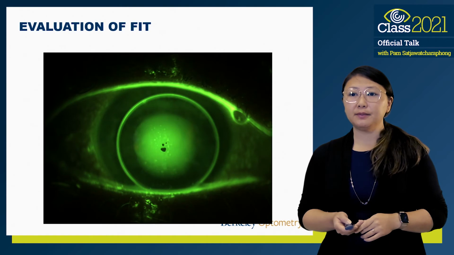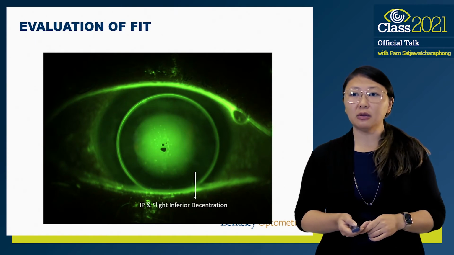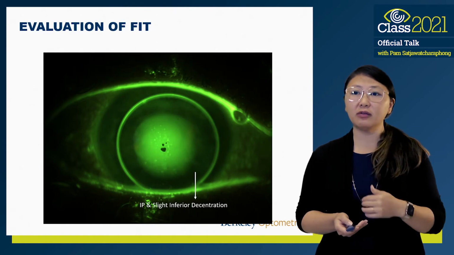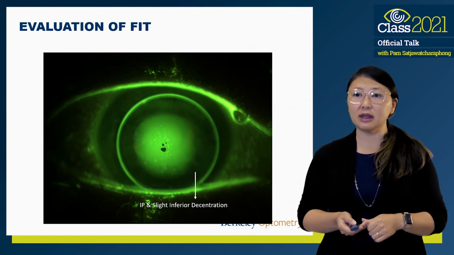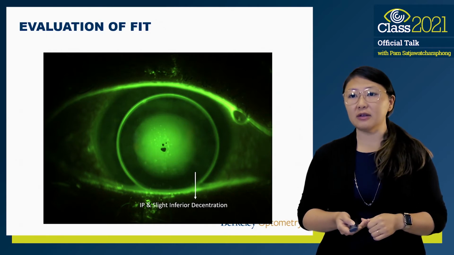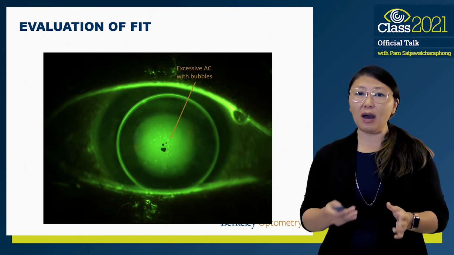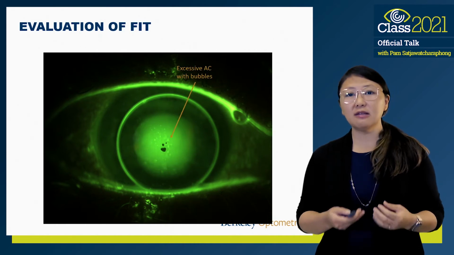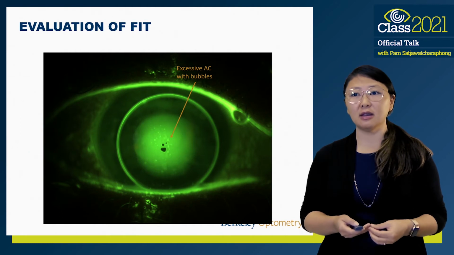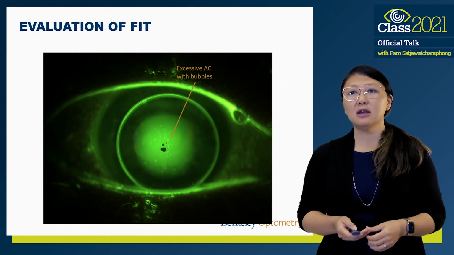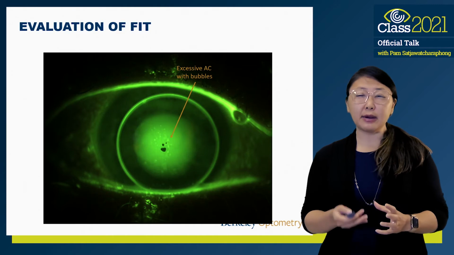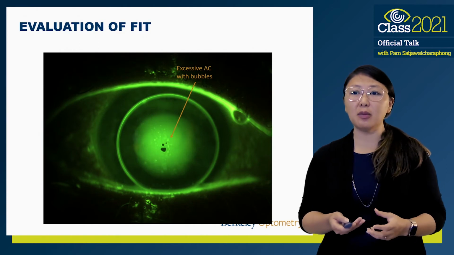So let's look at this one. This is an intrapalpebral, so you can see the upper lid is not covering the superior portion of the lens here, and it has slight inferior decentration. Unlike our first picture, hopefully you can appreciate that while there is apical clearance, this is much more apical clearance than the first image. There is a lot brighter area of fluorescein, and you can even see bubbles here, which